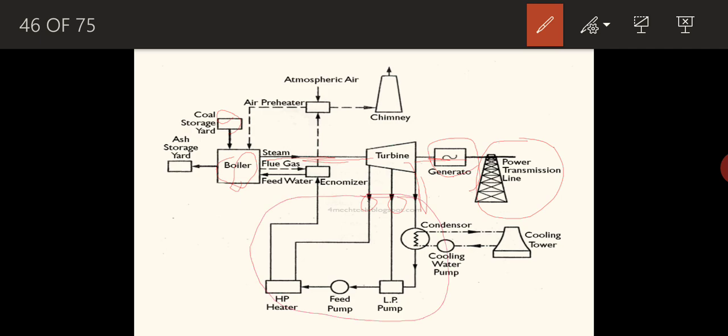You can see the exhaust steam coming out from the turbine will pass through the condenser. You can see a condenser here. Whatever heat it has, that heat is given away to a coolant which is circulated through the cooling tower. You can see a cooling tower setup, and cooling water will be pumped through the heat exchanger. Once the cooling water passes through the heat exchanger shown here, the steam gives its heat to the cooling water.